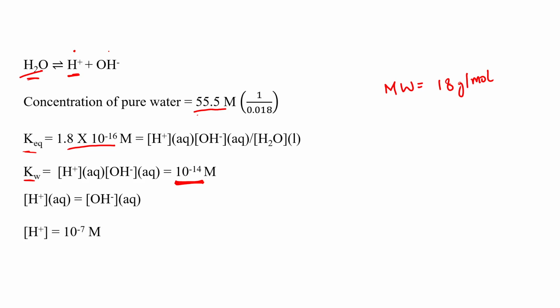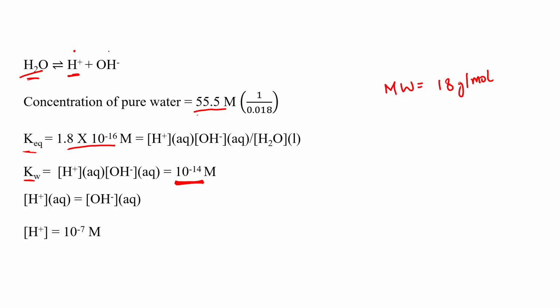Now since the concentration of H plus and OH minus ions are equal and their product is equal to 10 raised to the power minus 14, that means the concentration of H plus ion is 10 raised to the power minus 7, which is equal to the concentration of OH minus ion. So at any point, if anybody asks what is the concentration of H plus ions in pure water, it is 10 raised to the power minus 7 molar,